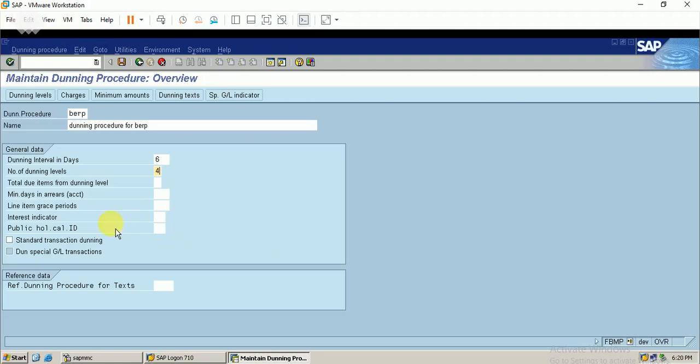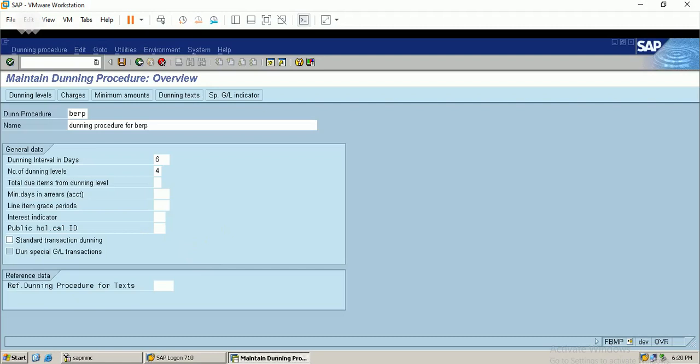Then the interest indicator. We can also link our interest indicator in the dunning procedure. We have not yet created any interest indicator; we will discuss it in our upcoming videos. Here is the public holiday calendar. I think we have defined it in the T code SCAL.